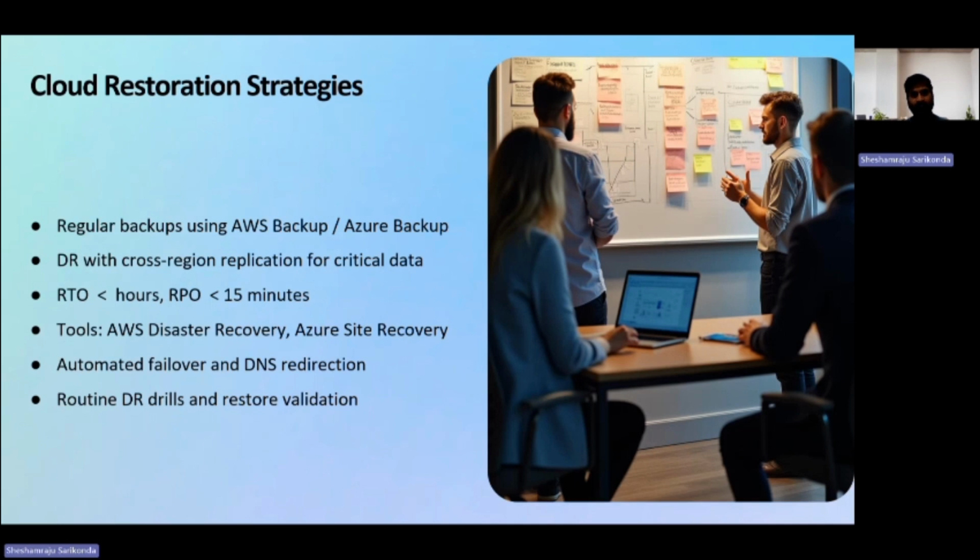For disaster recovery, we recommend cross-region replication and the use of automated failover tools such as AWS Elastic Disaster Recovery or Azure Site Recovery. We have defined the key recovery objectives here: one is RTO and the other is RPO. The RTO, recovery time objective, is 2 hours and the recovery point objective, RPO, is 15 minutes, especially for